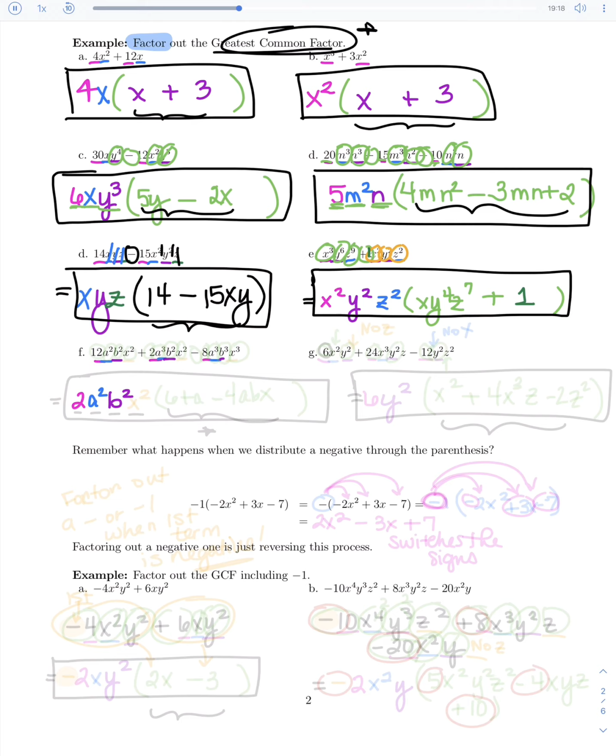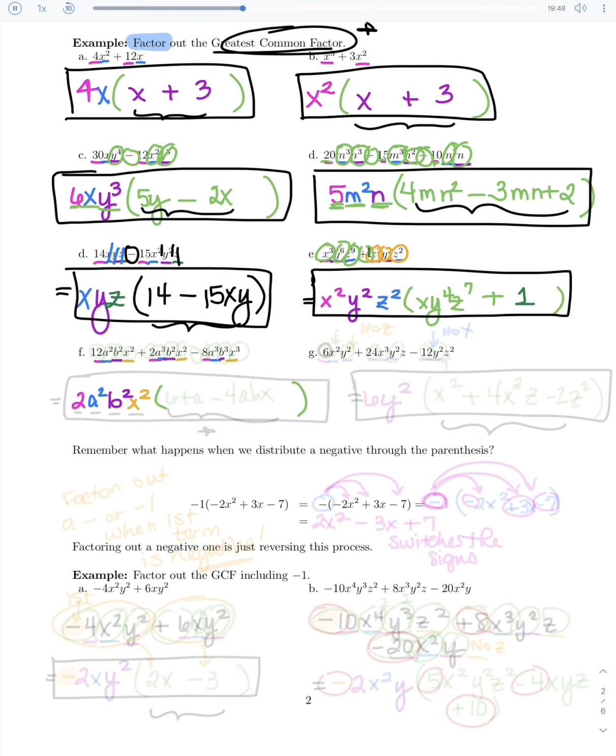Now let's look at my last and final part, which is looking at the x's in each piece. If I look at the x's in each piece, x squared, x cubed, notice that each piece has at least two x's, so we'll also include an x squared. And then whatever's left over will be inside of parentheses. So this means I'm going to be pulling out a 2, an a squared, a b squared, and an x